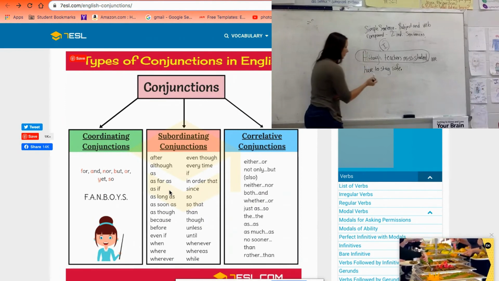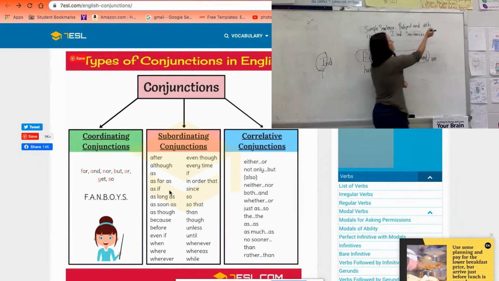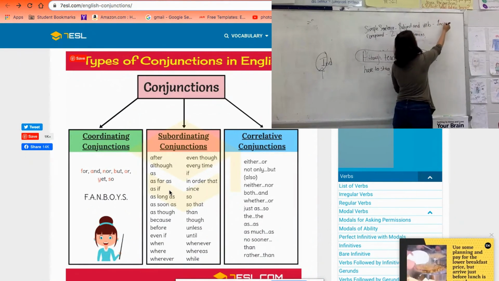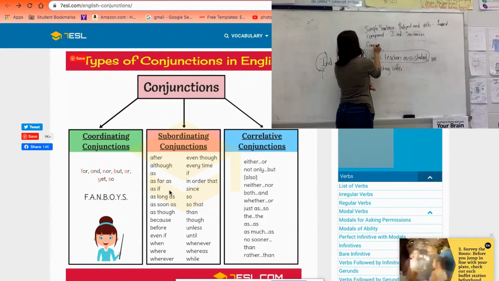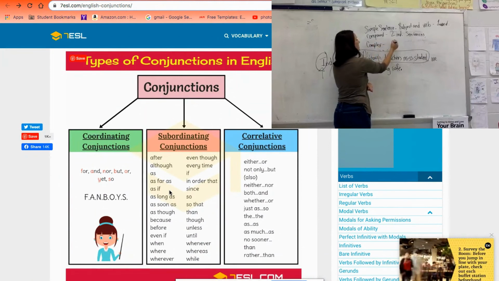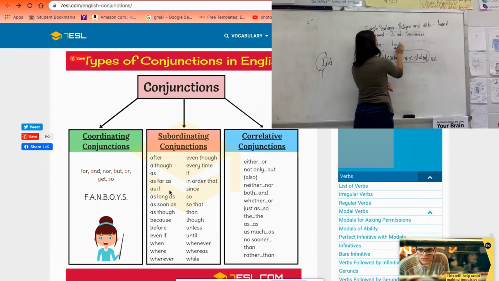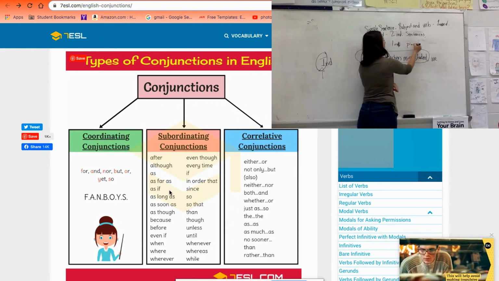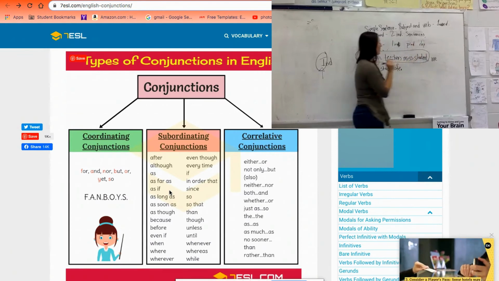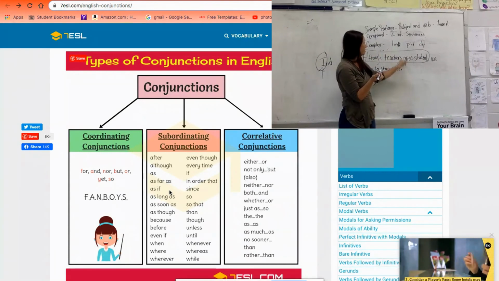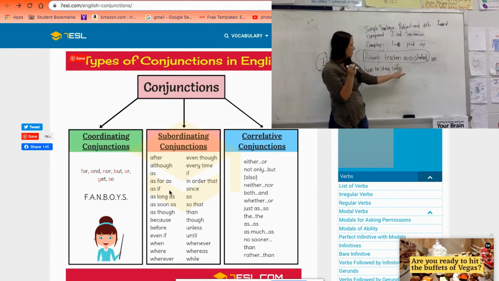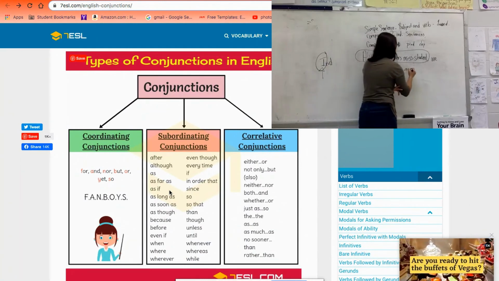I now have one independent. So my simple sentence has one independent. My compound sentence has two independents. My complex has one independent plus a dependent. Now, when I say that, I could actually have two independents in this sentence. So I can continue on right here and go, and